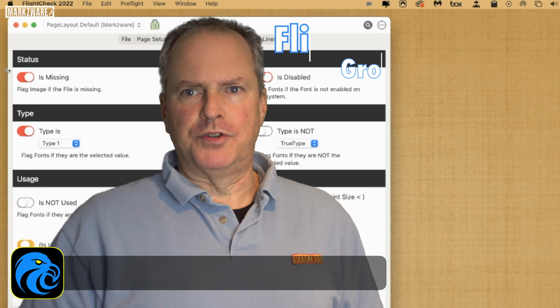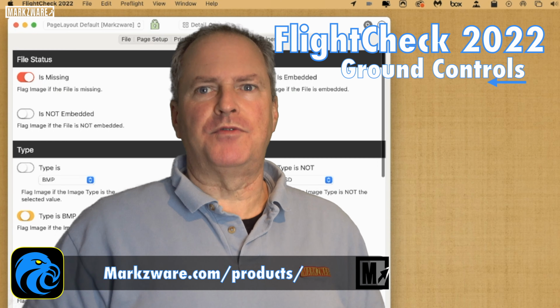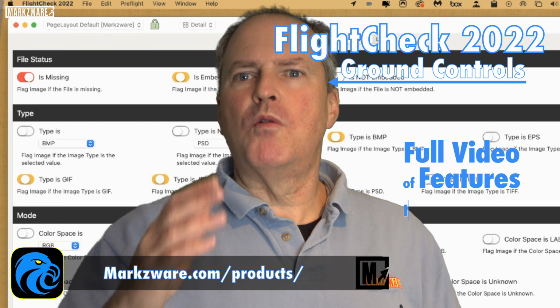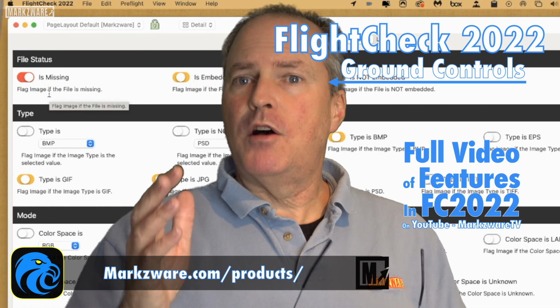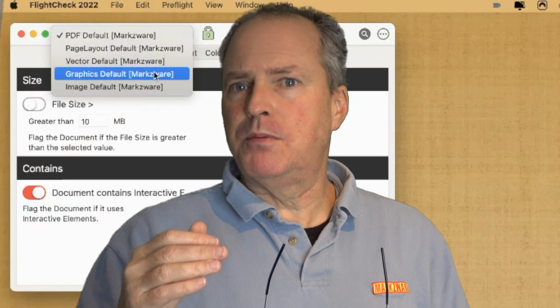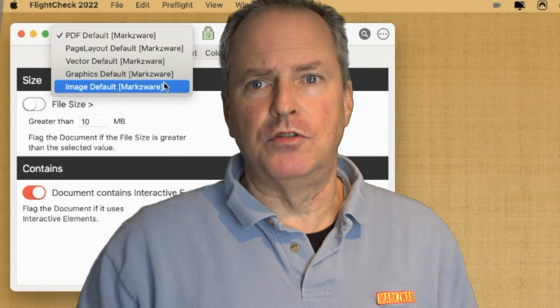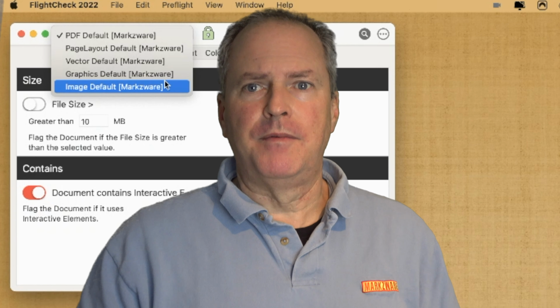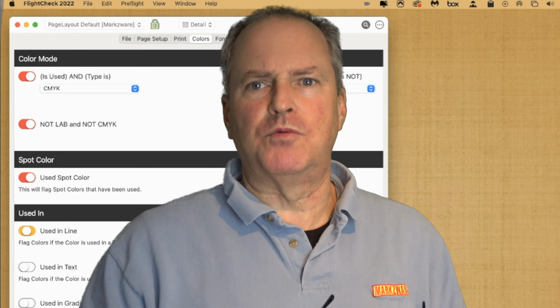Preflight ground controls. Setting up your ground controls is the key to success with FlightCheck. For this one, I'm going to go over to the computer because the ground controls are the heart of FlightCheck. Now, they're set up in the beginning with some of the key checks already set for you. So many people actually use the default settings for years, and the new FlightCheck 2022, I don't imagine it to be any different. We've of course rebuilt the engine of FlightCheck from the ground up for this new FlightCheck 2022,